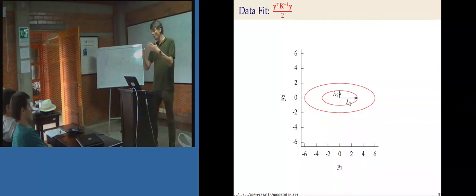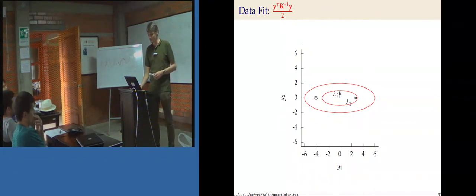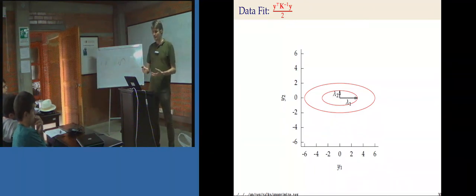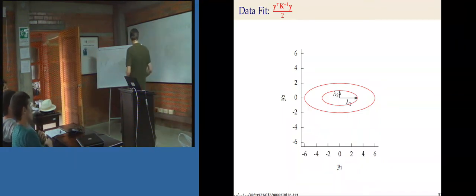Upside down lambda, y transpose K minus 1 y. What's this? This is a quadratic form. Okay? So it's centered at 0. It's not obvious that this is centered at 0, but it is centered at 0. And what you want to do is minimize this term. So this term is like a well. Okay? So the term is saying,